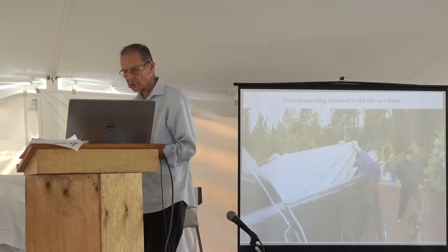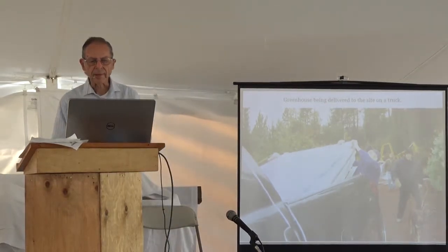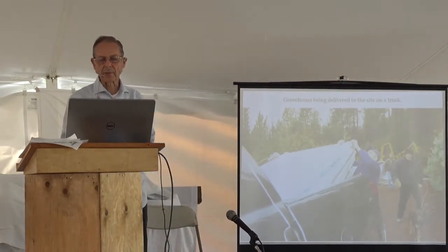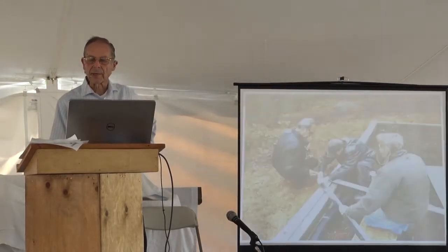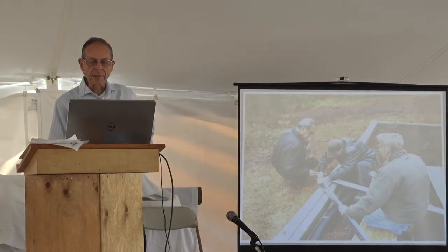Now you can see there's no snow on the ground here. And we had that whole greenhouse just in the back of this small bed pickup there. So there's a young man that did a lot of the engineering work for us, and what he's doing now is just putting that metal strip down that we're going into the cement that we're going to attach everything to there. It's important